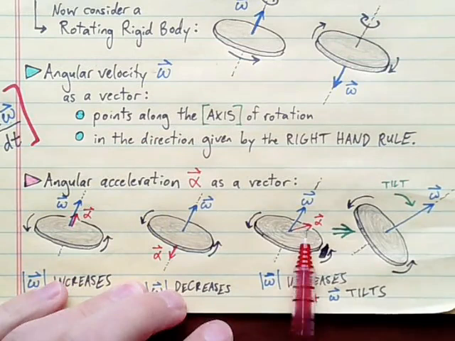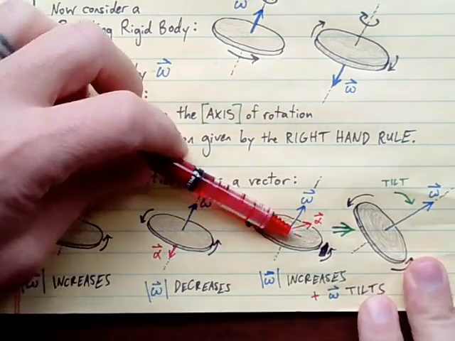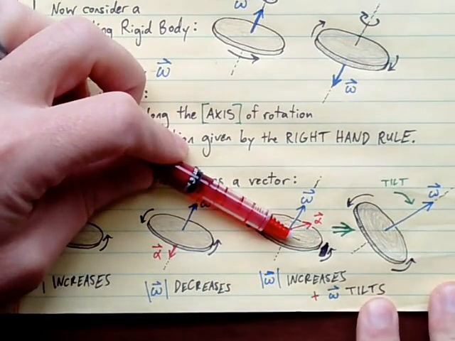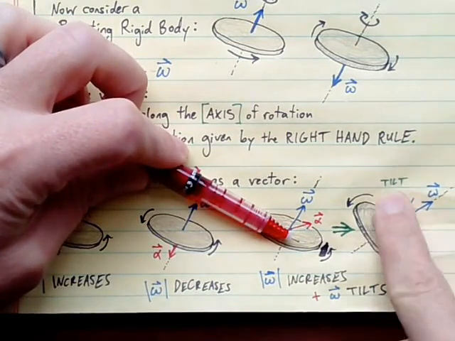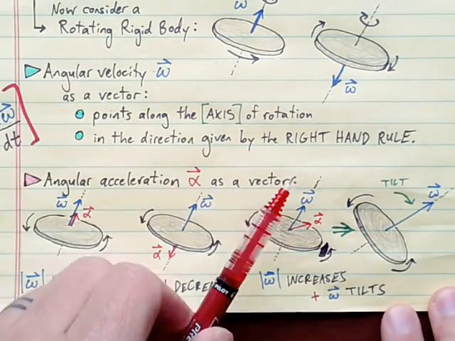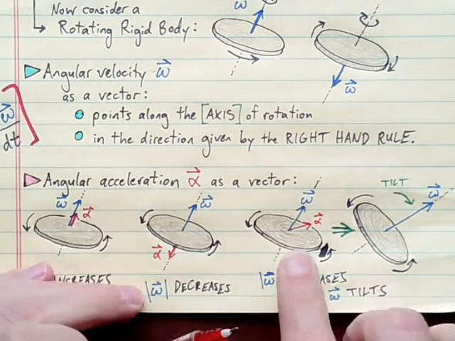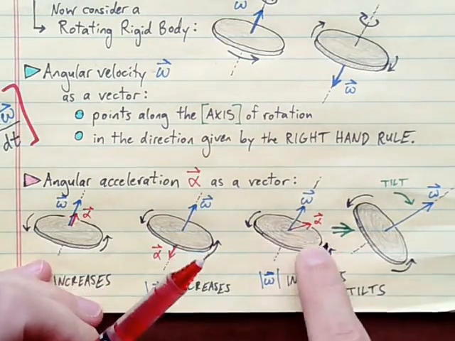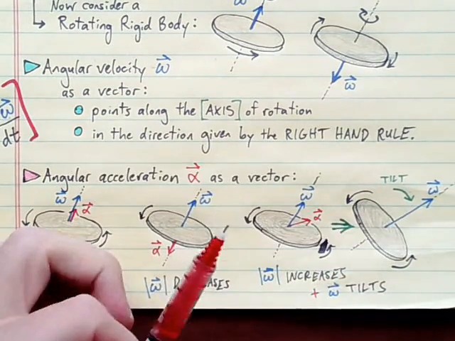Okay, so the rotation rate of this is about to increase because of alpha, but this alpha also has a component perpendicular to omega, which is going to, over time, here's the situation a moment later, that component of alpha perpendicular to omega is going to cause omega to change direction. It's going to tilt. So this spinning disk is about to speed up, but also tilt because alpha makes this